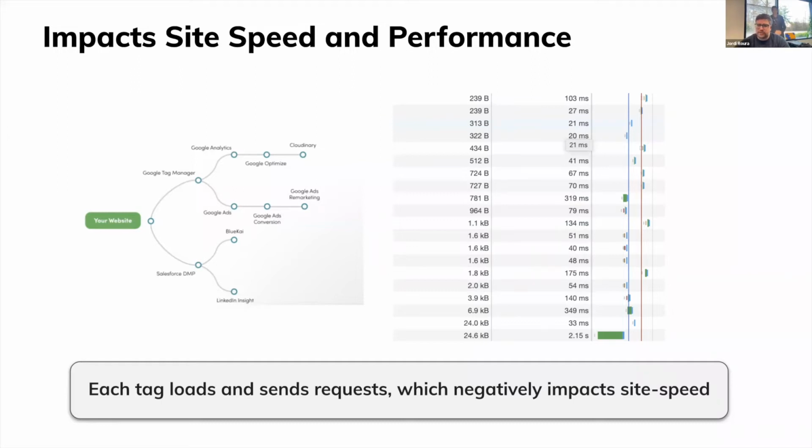And that, of course, means you're losing on data. The data can be interrupted, can be fragmented. And of course, the user is not going to be happy with having to wait